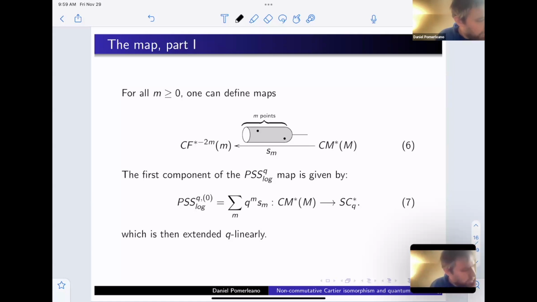So what we do is, the CM star I'm thinking of, you can do it with Morse theory. Maybe to describe the map, it's a little bit easier to think of it in terms of just ordinary pseudocycles. But I want to assume that I have some pseudocycle in M that meets D transversely, and I look at a thimble, like the ordinary PSS construction, but now I'm looking at the symmetric product of the thimble, and I do the same kind of thing. I just allow my marked points to pass through the divisor. I have m additional marked points that pass through the divisor, and they're weighted by some q to the m power, and that's how I define the component of the map on this part,